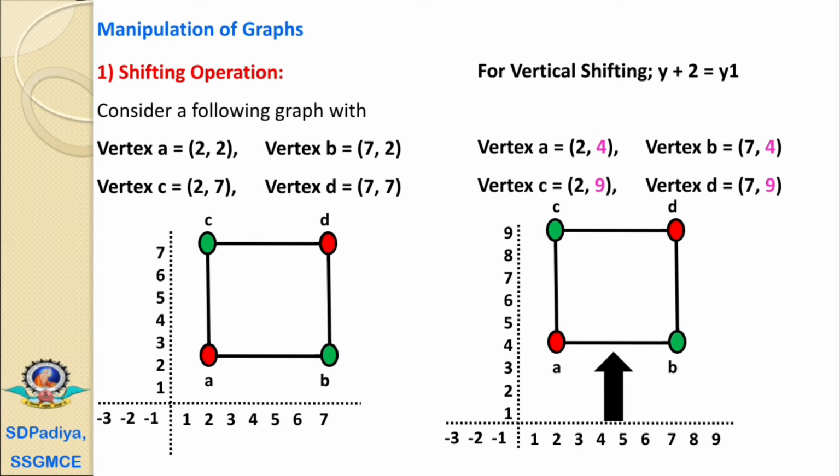If we perform an increment in the x-axis, then your graph will shift to the right side, and if we decrease the values, then it will shift to the left side. If we increase the values of the y coordinates, then it will move upwards, and if we decrease the values of y coordinates, then it will move downwards. It is a shifting operation with 4 possibilities. Graph may shift to the right side, left side, up side and the down side.